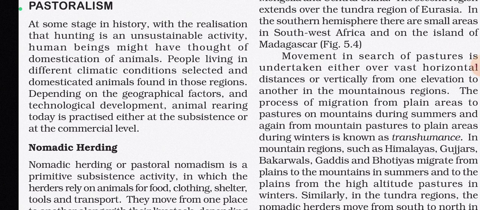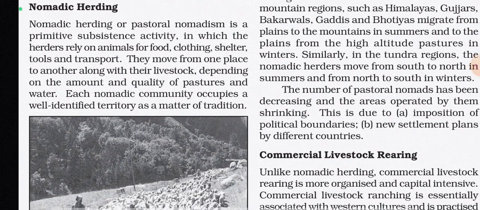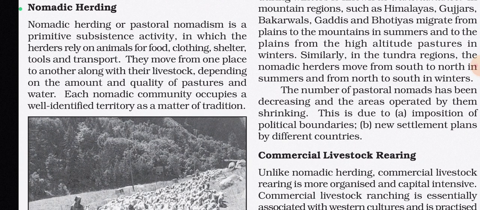have thought of domestication of animals. People living in different climatic conditions selected and domesticated animals found in those regions. Depending on the geographical factors and technological development, animal rearing today is practiced either at the subsistence or at the commercial level. Nomadic herding or pastoral nomadism is primitive subsistence activity in which the herders rely on animals for food, clothing, shelter,